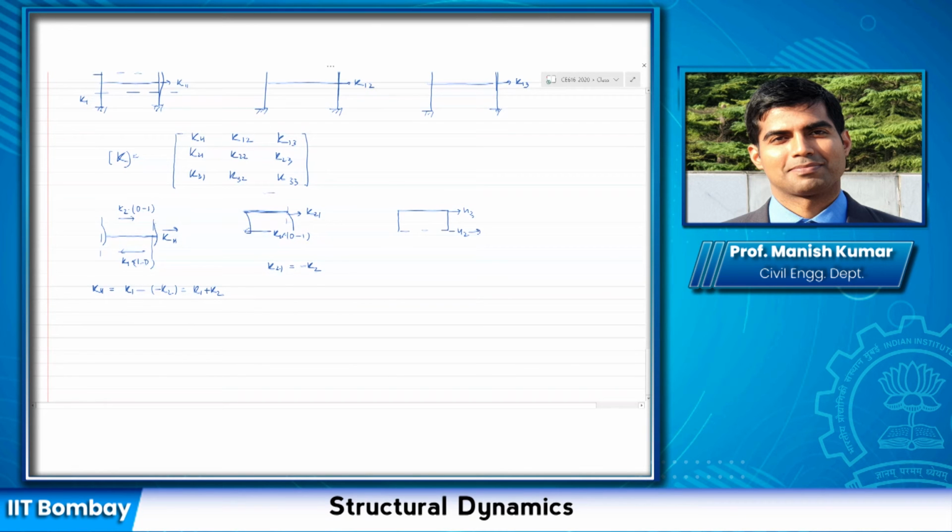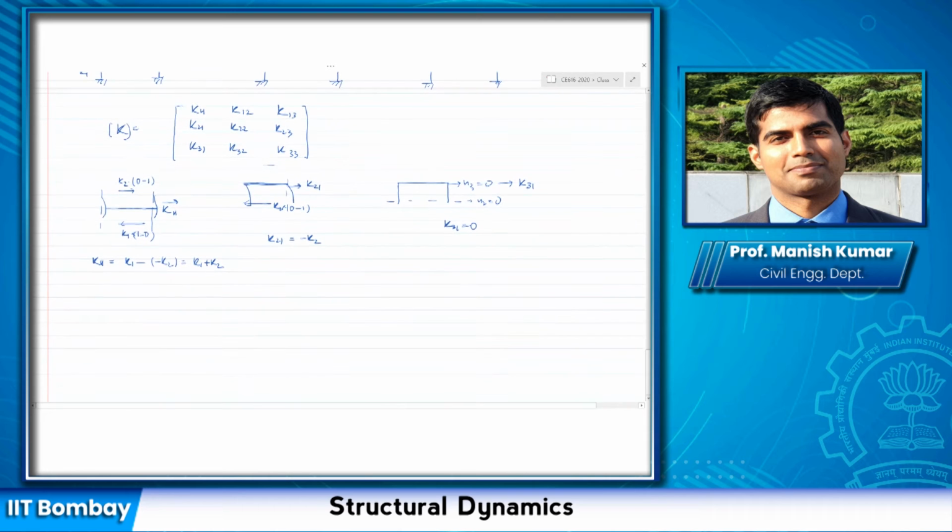Okay, the force that is being applied here is K, or if I cut it here, there is no force being applied. So if I consider just this story right here, U3 is equal to 0, U2 is also equal to 0. So the force that is required to maintain this K31 would be equal to 0. Okay, so the first column of this one, K11, K21, K31 would look like something like this: K1 plus K2, minus K2, 0. I still have to fill these two columns.